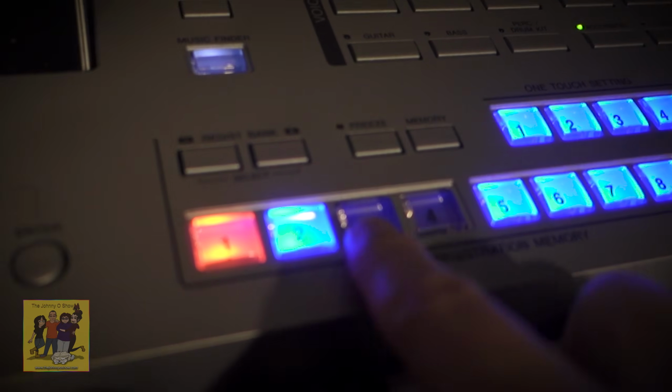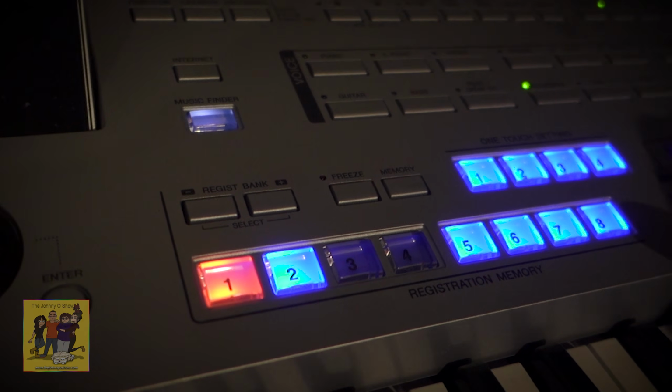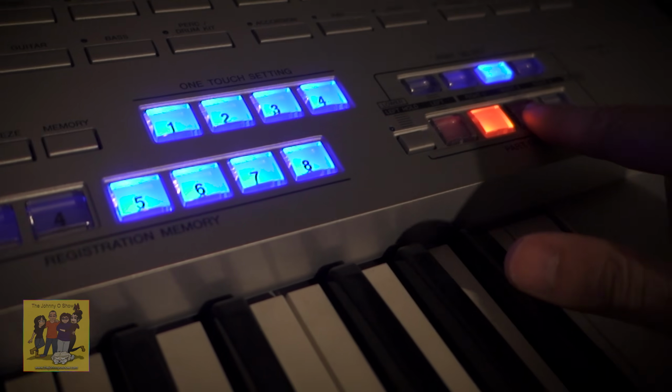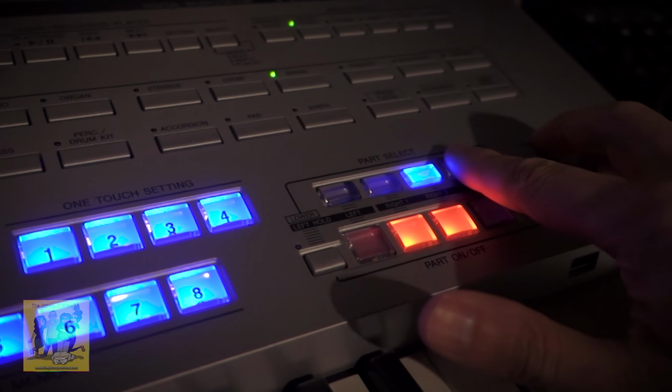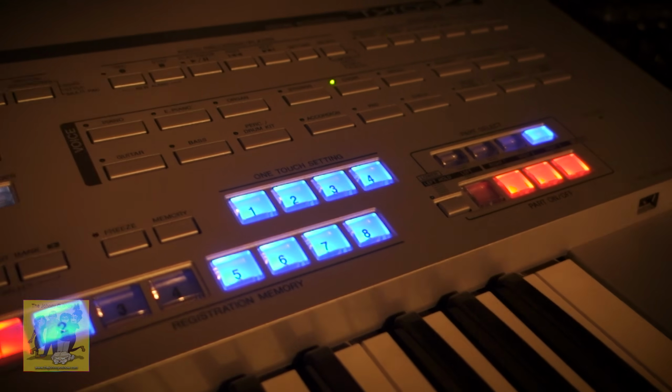So let me just show you real quick again how you save and make a registry, because they're really easy. I'm not going to go into huge detail. I'm going to just do a quick registry example here. For example, we have these two buttons open here on the registry, and say I want this to be the organ flutes. I want this instrument to be on, and I want horns. I want this instrument to be on, and I want it to be that chorus sound. So we have all these instruments on, and now